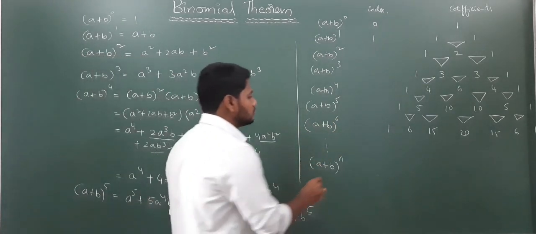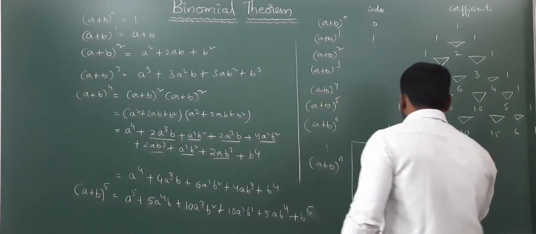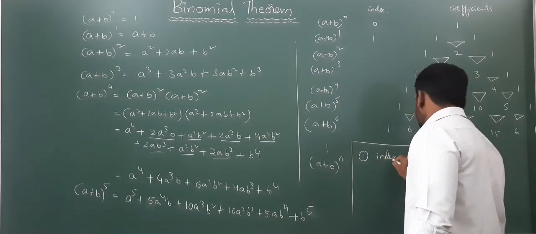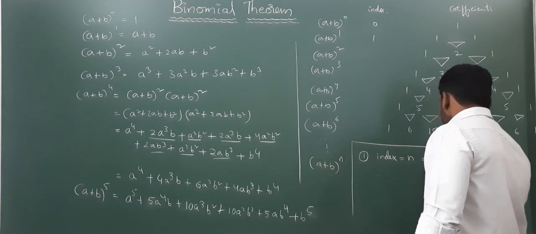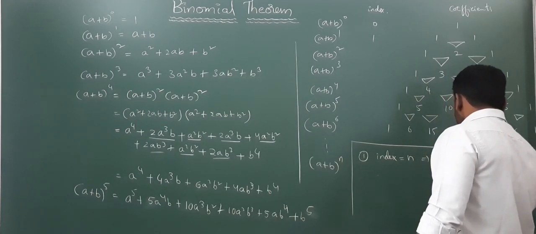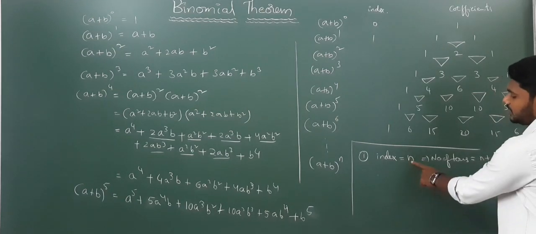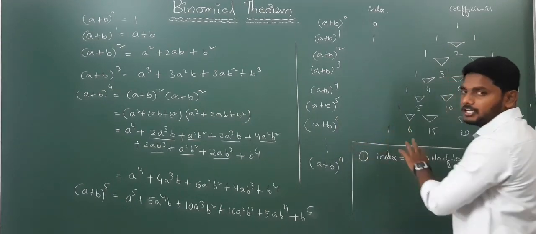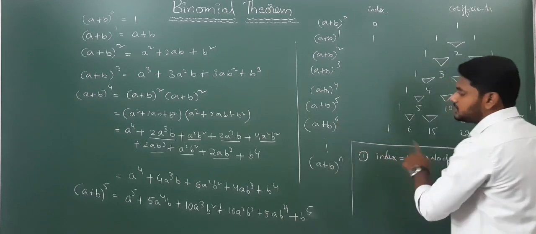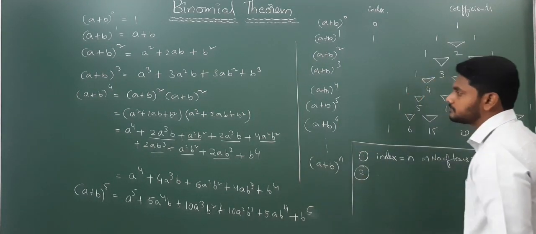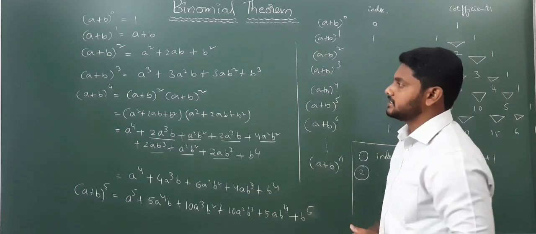Now, what are the things you need to focus on here? First point, note points. If the index is equal to n, then the number of terms is equal to n plus 1. Nothing but, if the index, means power, is 10, then 10 plus 1, 11 terms. If it is 6, then 6 plus 1, 7 terms. Another thing you need to focus on in the expansion,